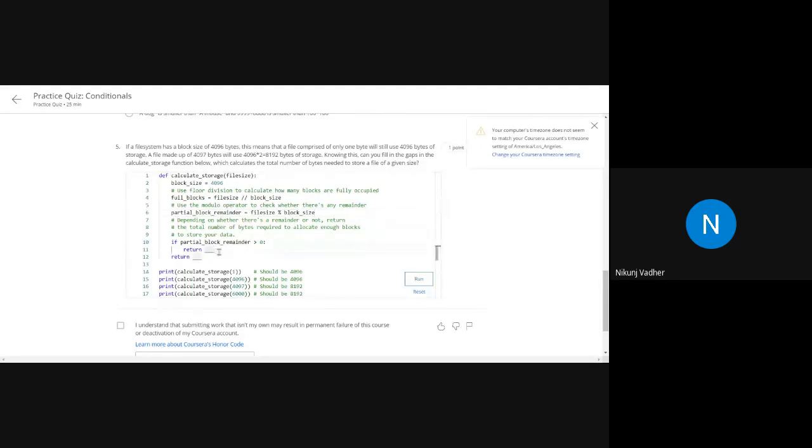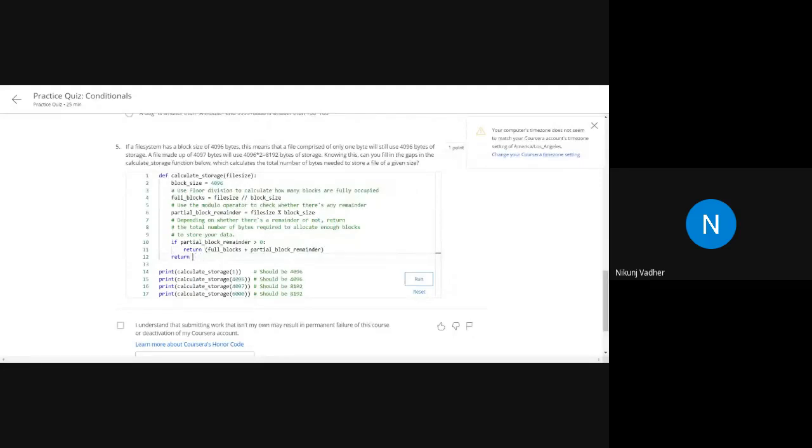Depending on the total number of bytes required to allocate in a file to store data. Okay, now here what we are supposed to return is how many blocks we are supposed to use. So here we will return full blocks plus partial block remainder.